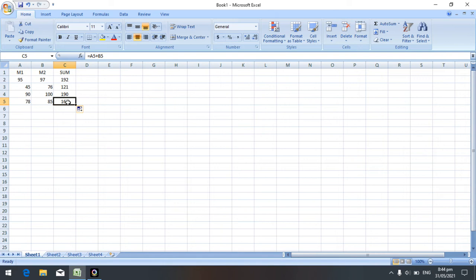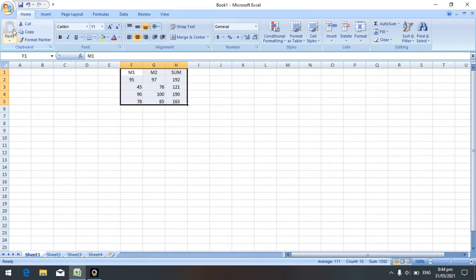After this, if I want to cut the selected text, first select it, then just click on this cut button, then you have to paste it. Click here and click on the paste button, so it deletes the text here and moves that particular text to the next cell.